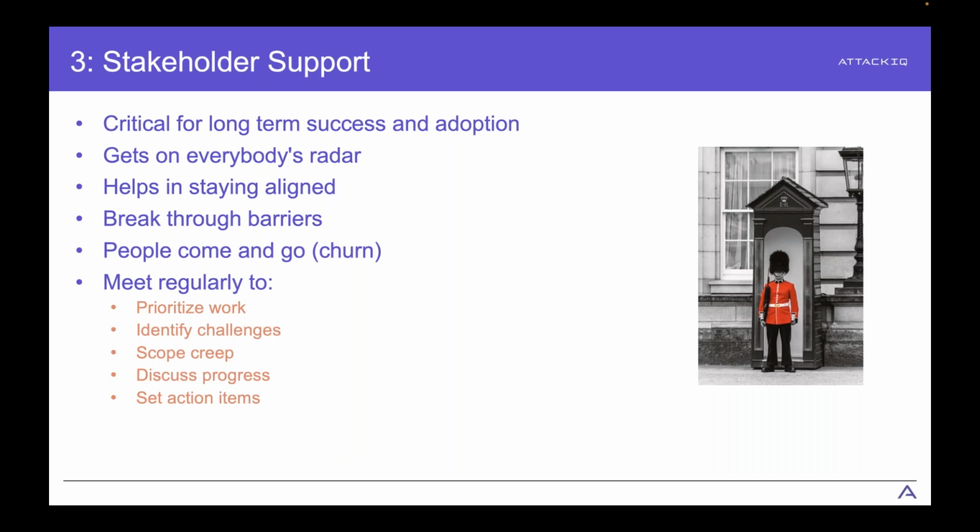And lastly, obviously, communication comes in many forms. It could be a physical meetup, it could be virtual meetups, but ideally, obviously, you want to keep people engaged on a fairly regular cadence. You want to discuss and prioritize the work. You want to identify any challenges as and when they come up, and obviously work towards solving those challenges, anything that might affect the impact of the project, scope creep, etc. Discuss things that are progressing well as well as things that aren't progressing well. Don't always focus on the negatives, and also any action items or key takeaways that need reviewing.